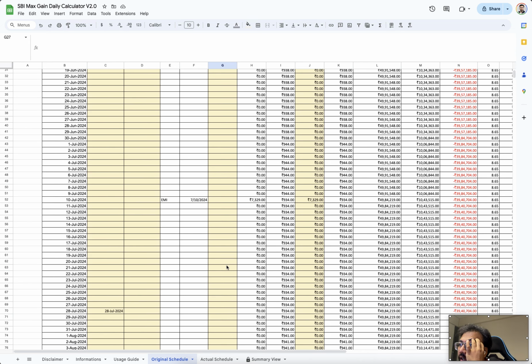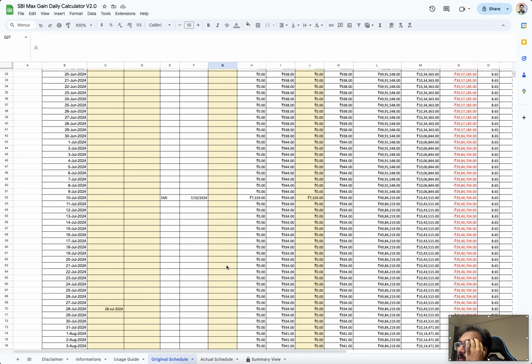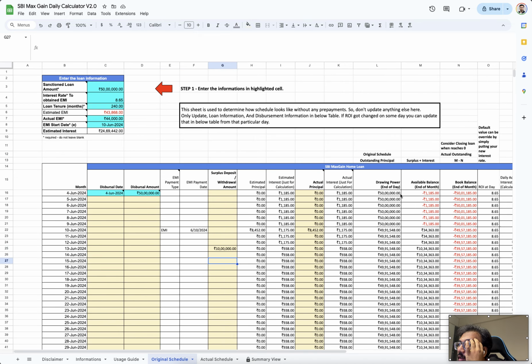So this 10 lakhs, right? If you scroll down, this available balance becomes available to you. So if we scroll down, it will be available for us to withdraw as well. Okay. So what we are looking at right now is the original schedule, right? So if you park on this date, how much interest is it going to look like? So on the original schedule, you just update,